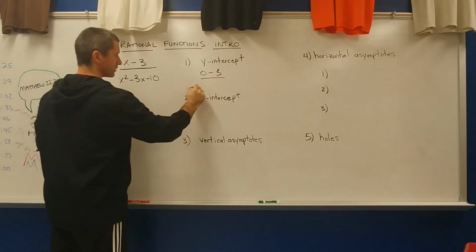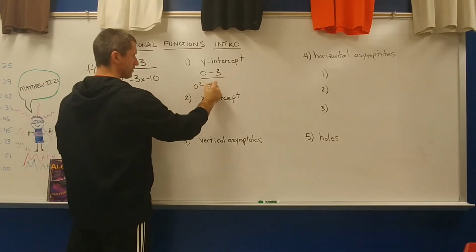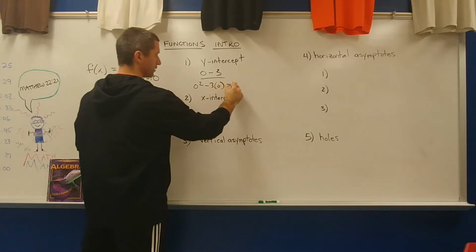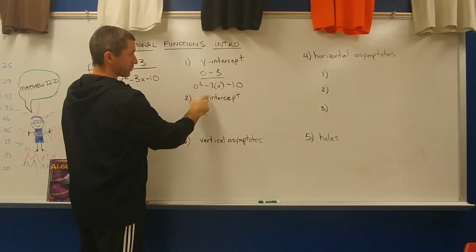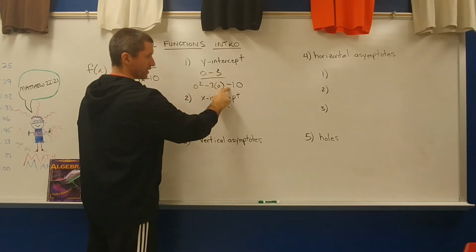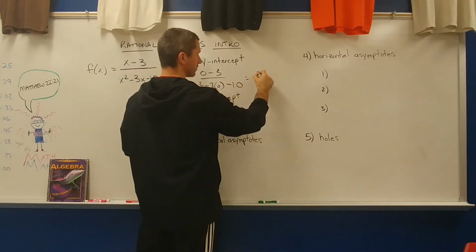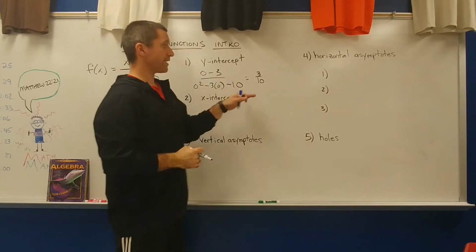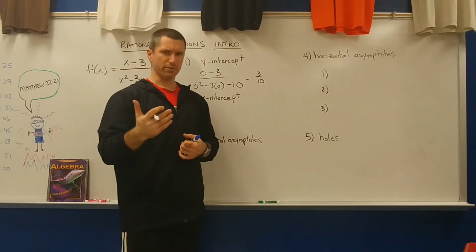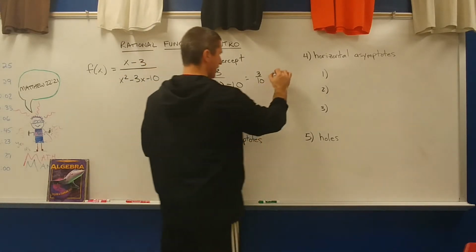have an x. 0 squared minus 3 times 0 minus 10. So all of this gets wiped out. 0, 0, 0. You're left with negative 3 over negative 10, which is 3 over 10. So that is where it crosses the y-axis. But you don't want to leave it like that because it's a coordinate. It's a point, a location on the grid. So let's write it as 0,